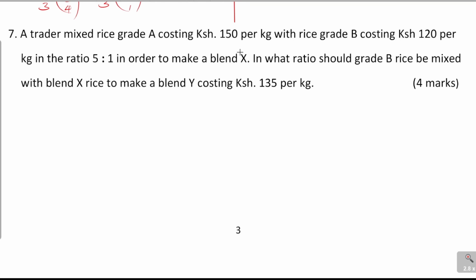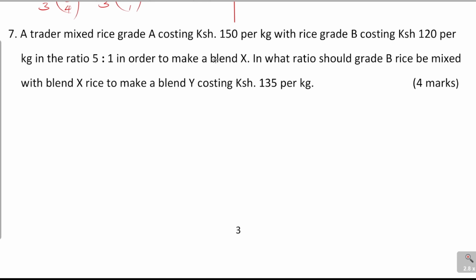Question 7. A trader mixed rice grade A costing 150 shillings per kg with rice grade B costing 120 per kg in the ratio 5:1 in order to make a blend X. In what ratio should grade B rice be mixed with blend X rice to make a blend Y costing 135 shillings per kg? So we start with getting